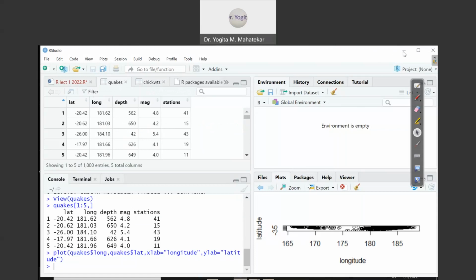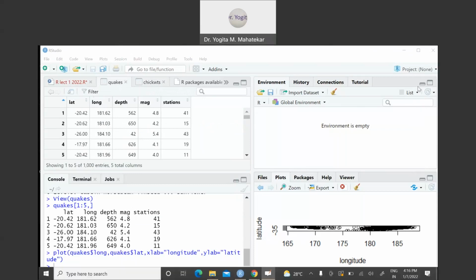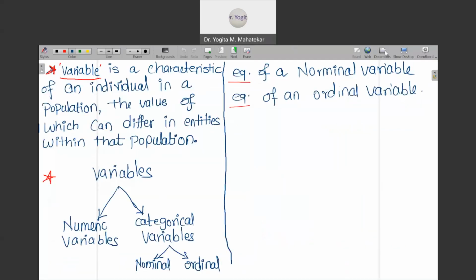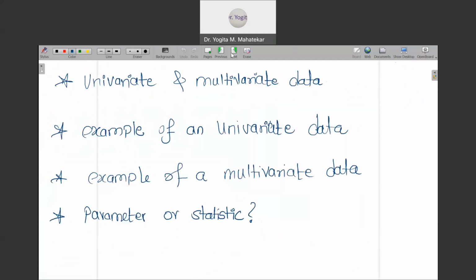Before I start with mean, median, and mode, let's see a few basic definitions of those central tendency variables. So let's proceed. We have just now seen what is univariate data and multivariate data. Univariate data is basically data that we deal with when analyzing data related to any one dimension. Say, for example, chick weight. The weight of a chick is univariate data as it is represented with a